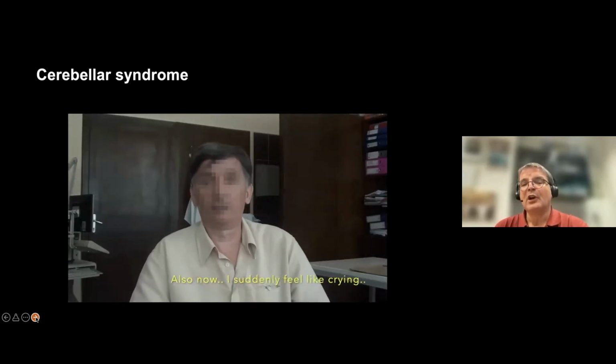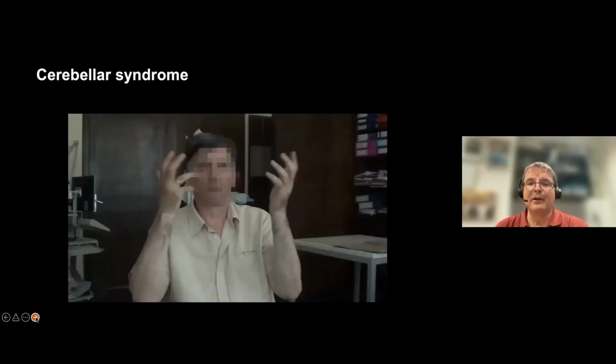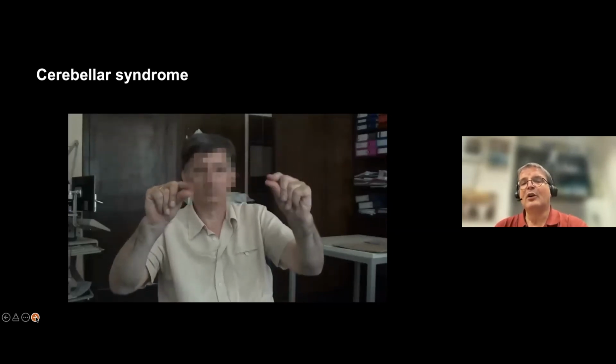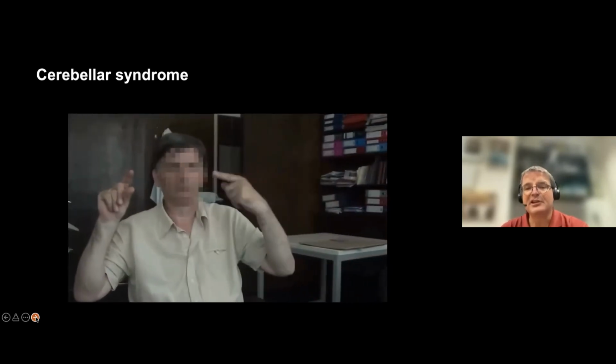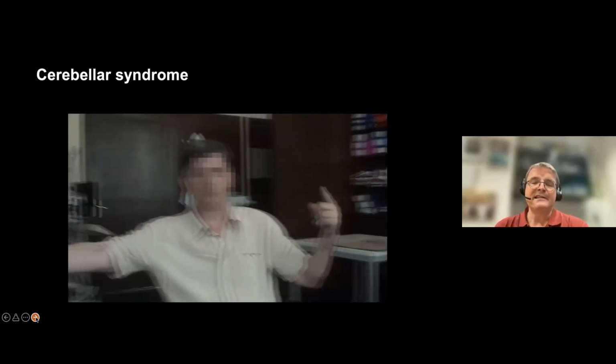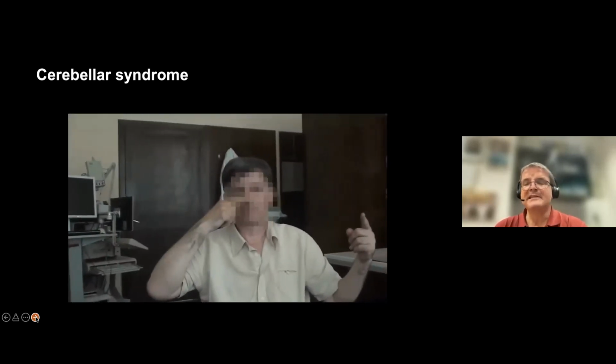The ultimate clinical core feature is the cerebellar syndrome, which is present in this patient who also reports emotional lability or incontinence. He starts crying for no good reason. From the speech, you can appreciate this cerebellar type dysarthria, scanning dysarthria, and there's incoordination of repetitive movements as shown here. This patient had very little Parkinsonian features. It was predominantly cerebellar